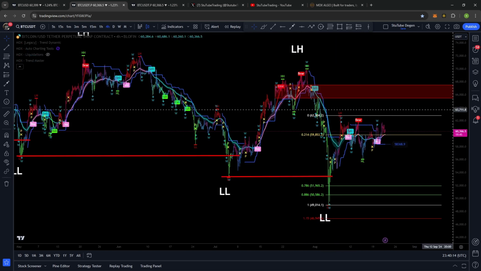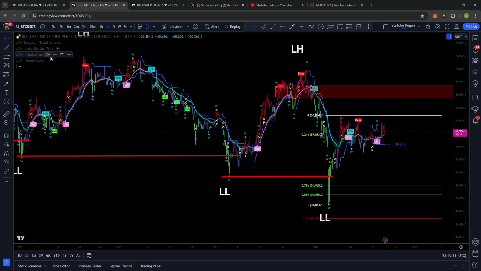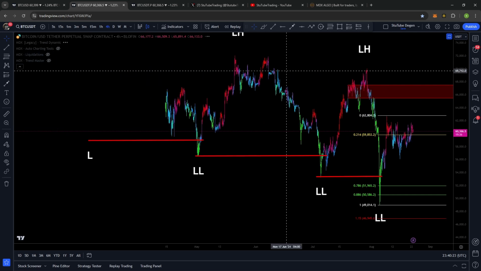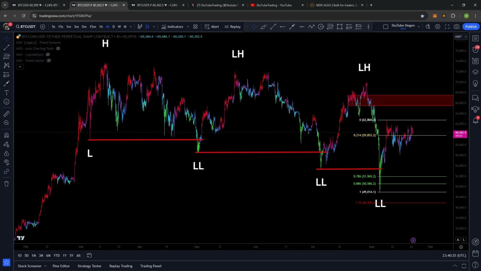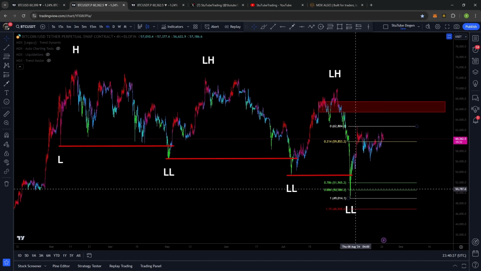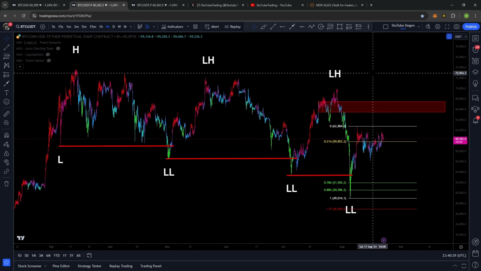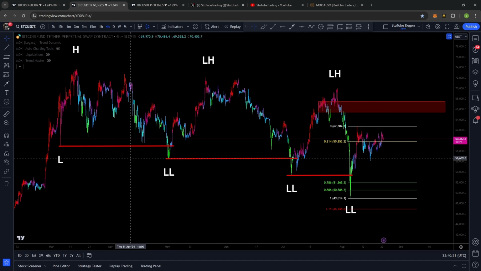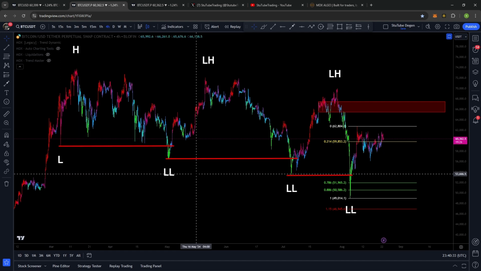I see reasons why we would have support at that level. Here, let me just remove a couple things again. Yeah, I totally see reasons why we would have support down there, a potential 786 with bullish divergence and stuff like that. But I'm just worried that the fact that we've broken our lows and set